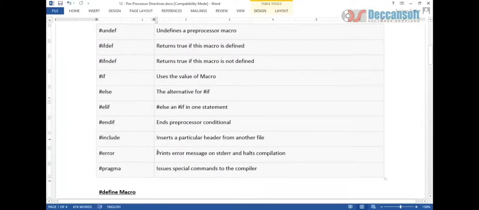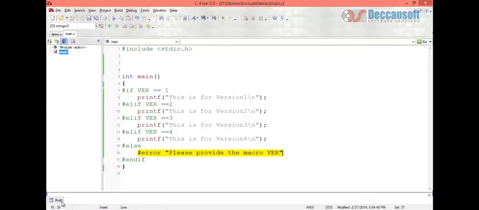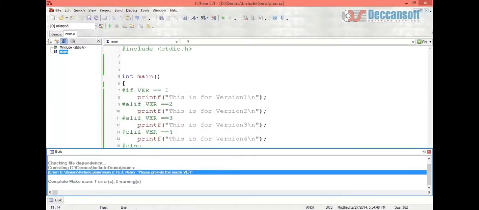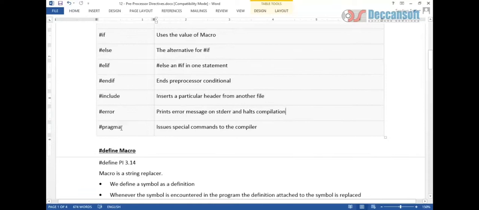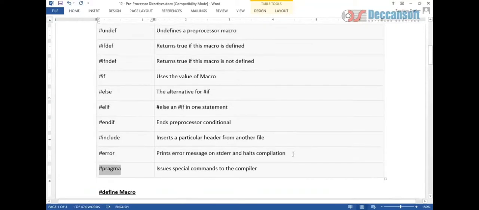Let's see. It prints the error message on standard error and stops compilation. It means that if it is not defined previously by a preprocessor directive, or initially it is not defined, then if we write #error, it will give some output.